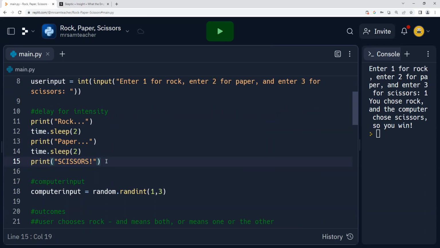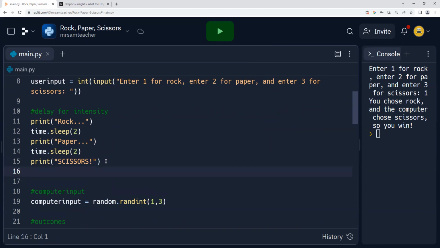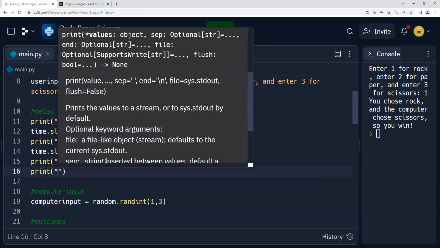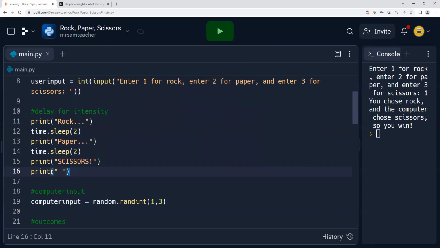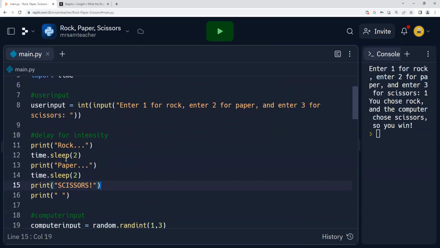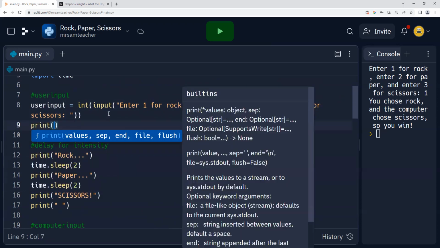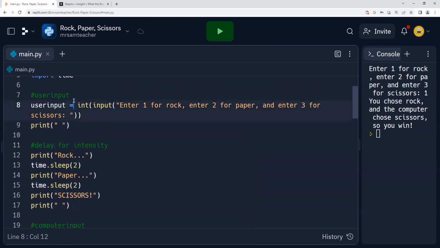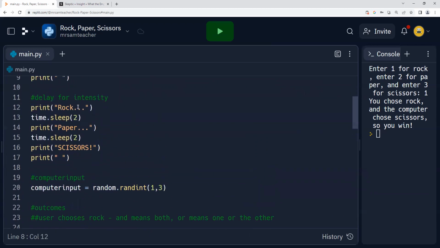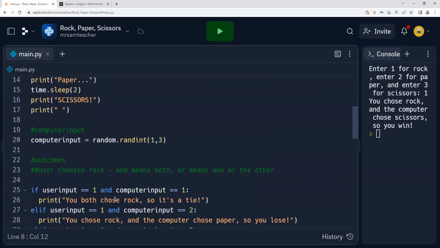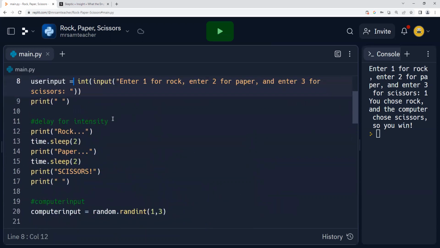And we can also go ahead and, instead of printing it right away, we can print quotations with a little space. So now it gives like a blank line essentially. There's other ways to do that, and other little shortcuts, but this is just a simple way of showing you what we learned. And then we can put a little space right here, so that the user input and these are not together. These will be together. We'll put another space into what happens. Anybody need more time on this part?